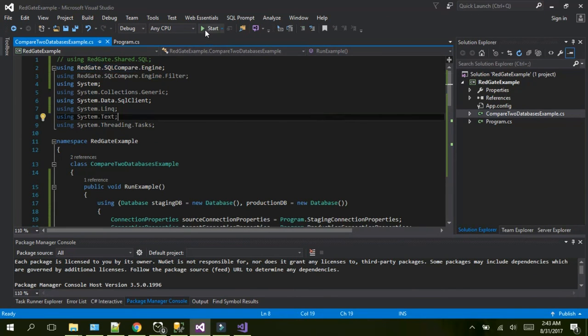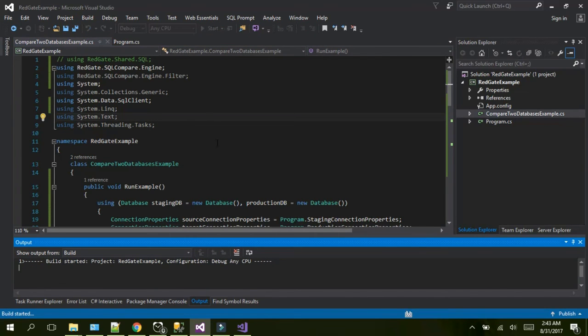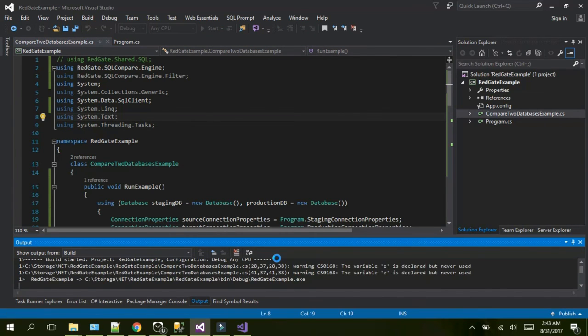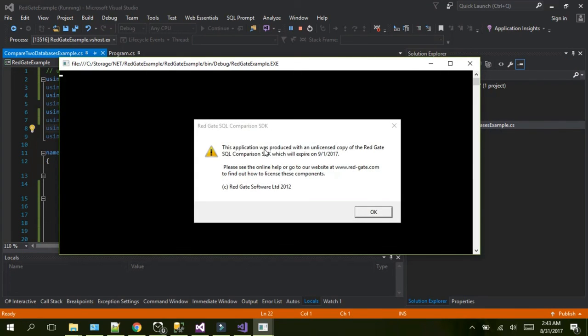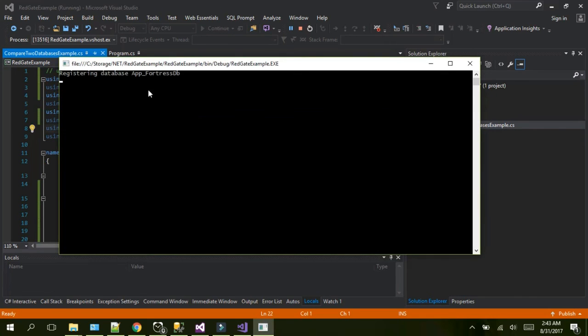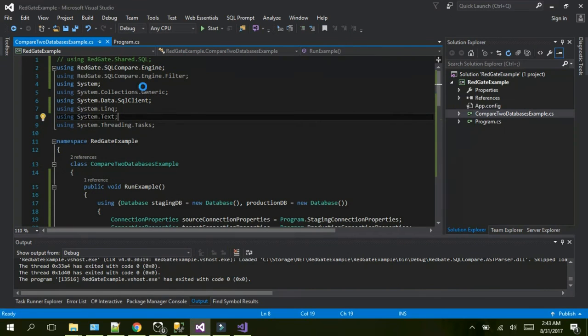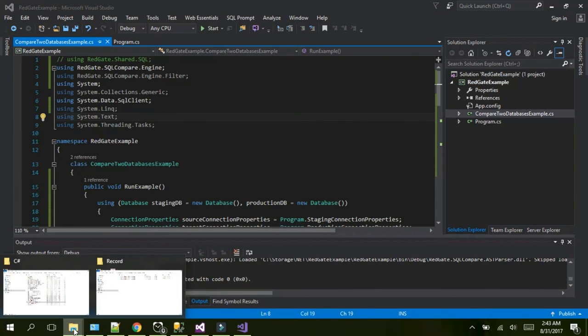So yeah, let's run this. It is running, and it had an error because it's unlicensed, but it's still working. It's going, and as you saw, it showed a list of the differences. It printed them out. But in case that was too quick for you,